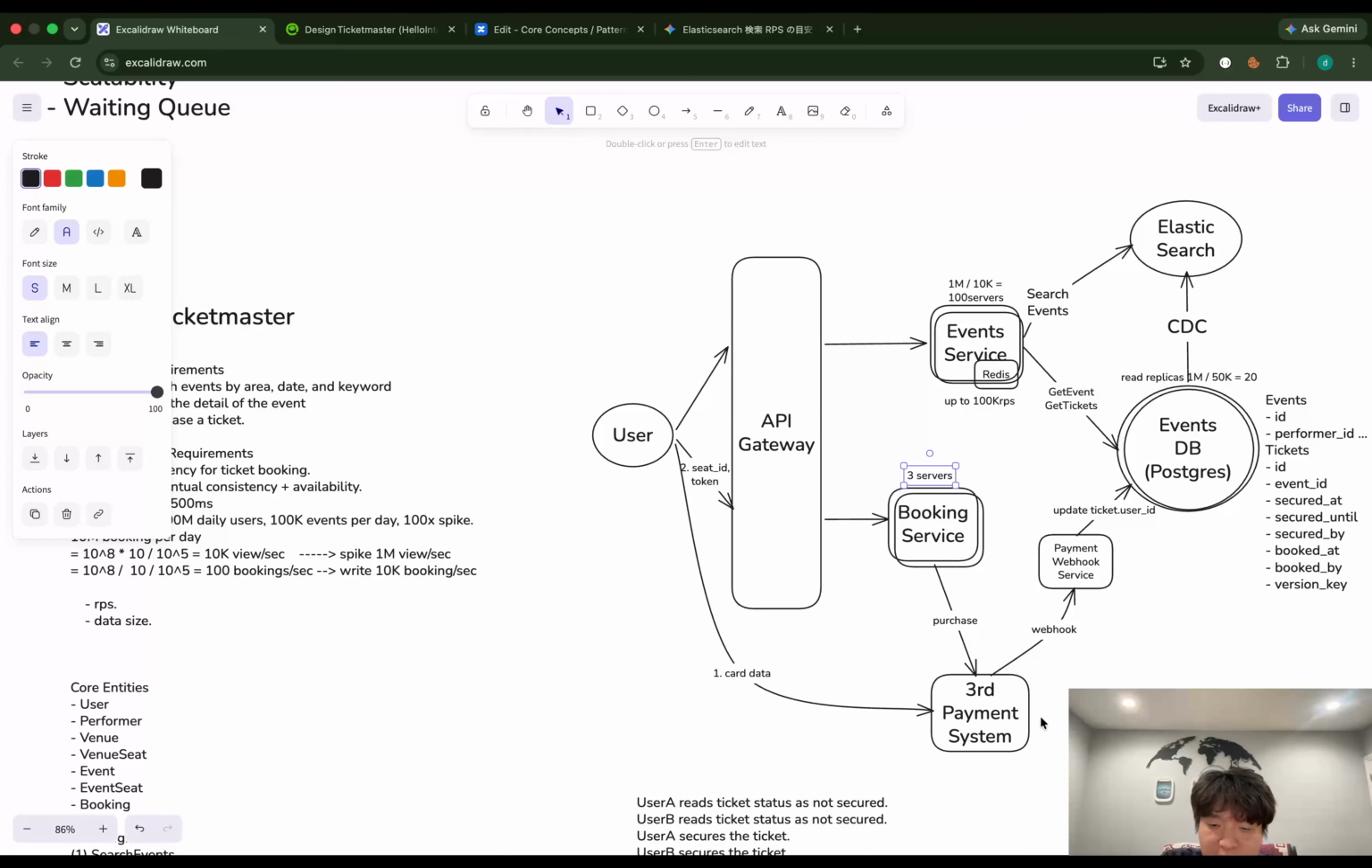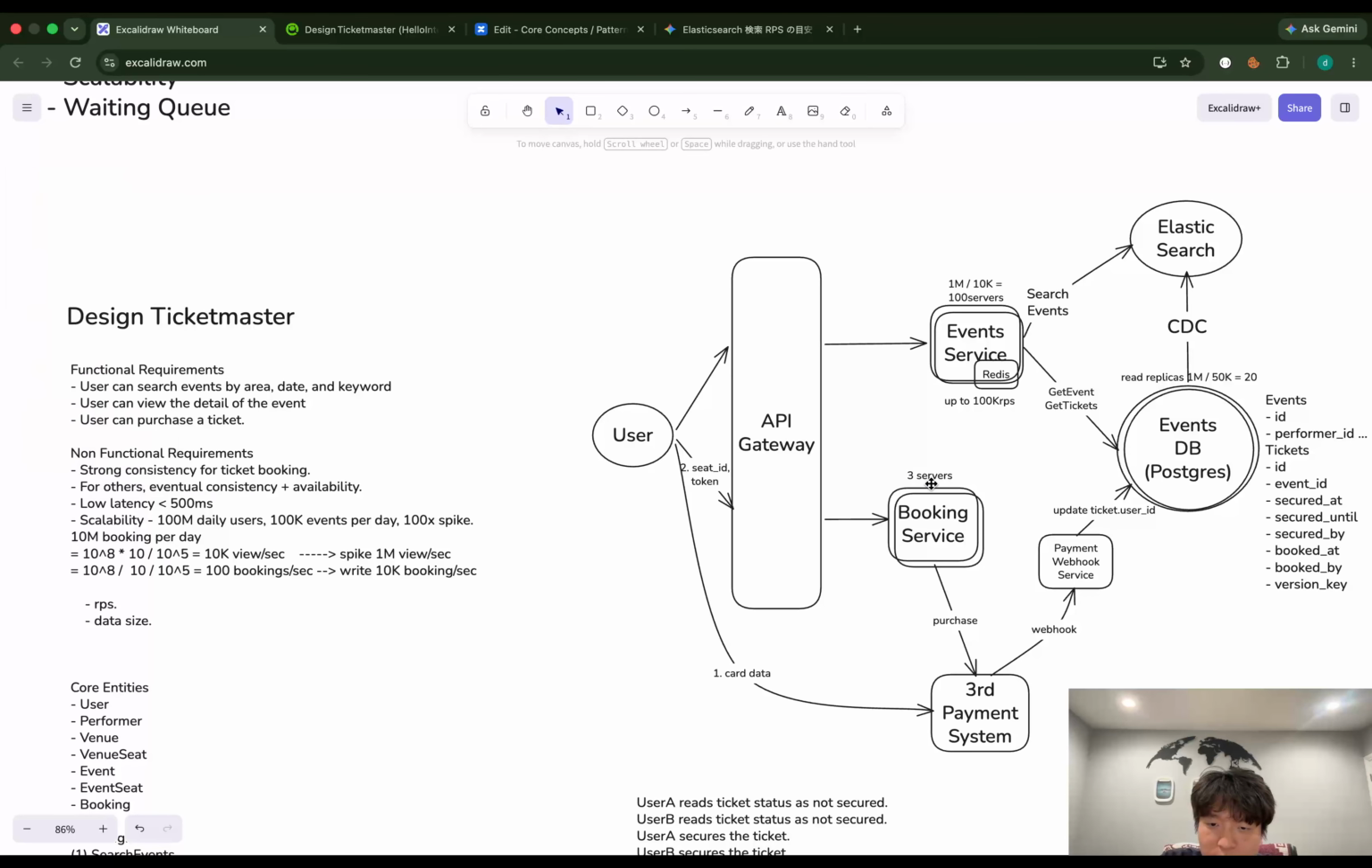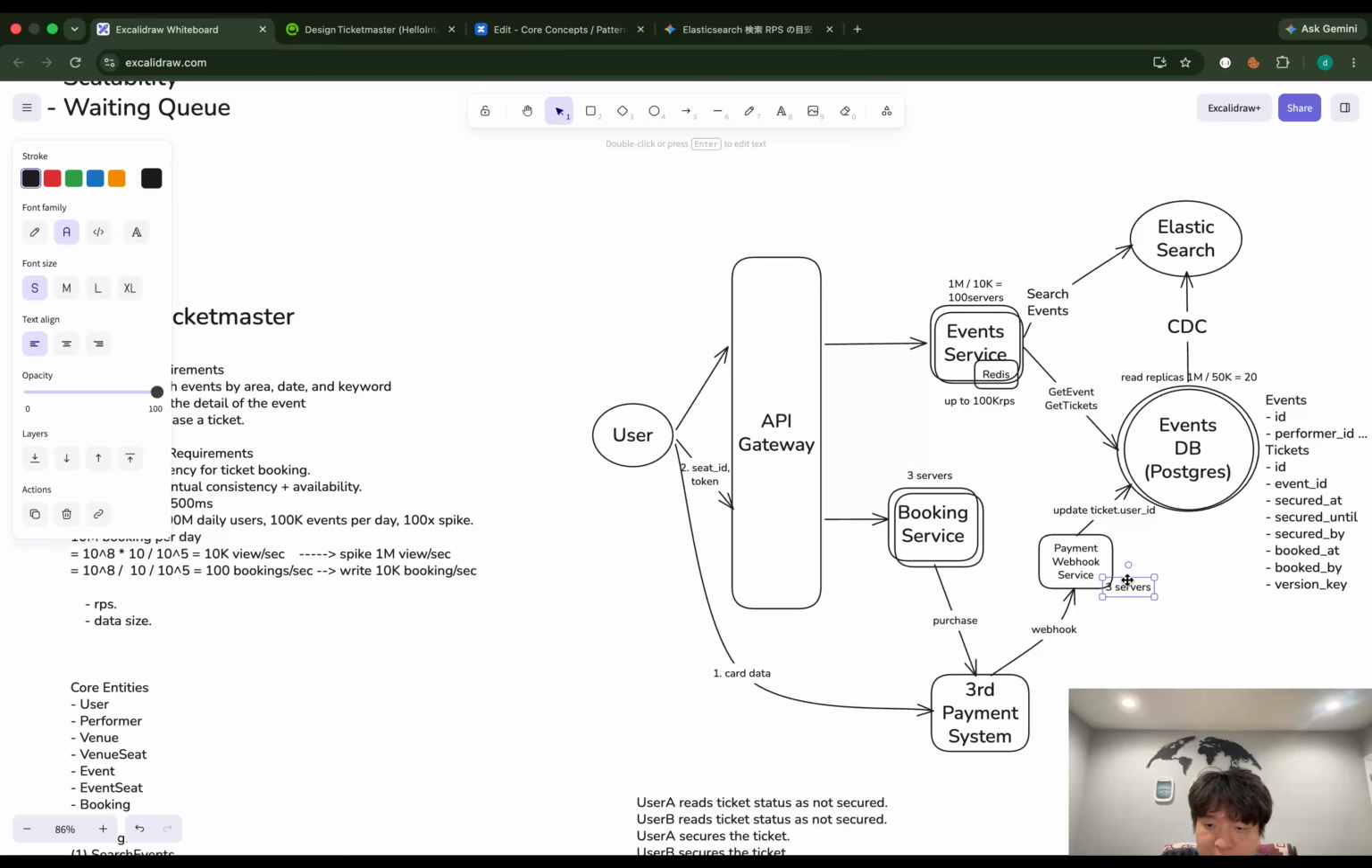And the third payment system, yes, they will do the best. And for the payments webhook service, the same. Even though I'm pretty sure one server can handle all of the webhook requests, I would put 3 servers for